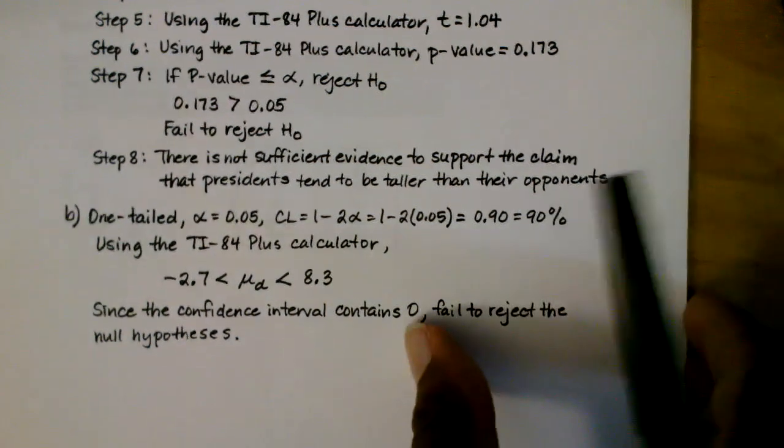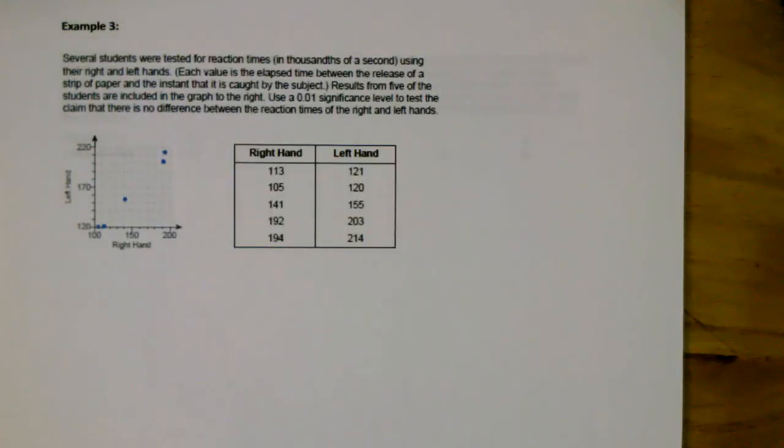All right, now let's look at example 3. I want you to pay close attention to this example because when I do this example, they're going to ask for something different. Instead of asking for the p-value, they're going to ask for the critical value. And I'm going to show you how to find the critical value and compare that critical value with the test